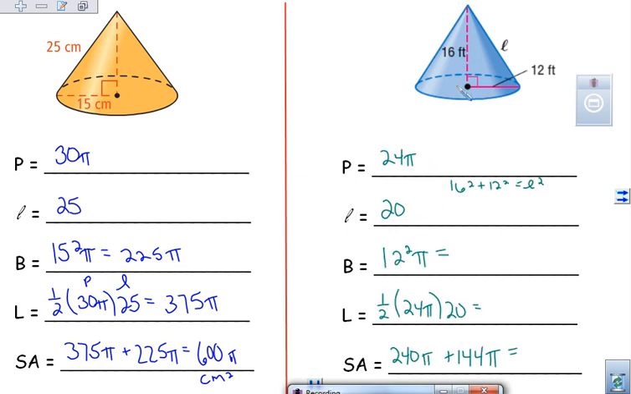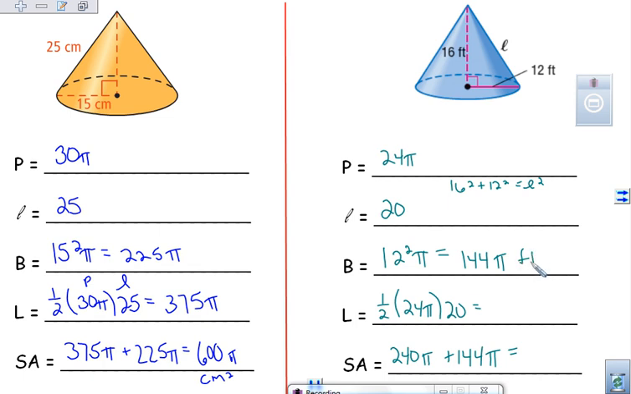So again, we have a base that is a circle, so the perimeter is going to be circumference. Diameter is 24. For our slant height, we have to use Pythagorean theorem. 16 squared plus 12 squared equals L squared. So square them, add them up, and take the square root. The area of the base is radius squared times pi, so that's 144 pi